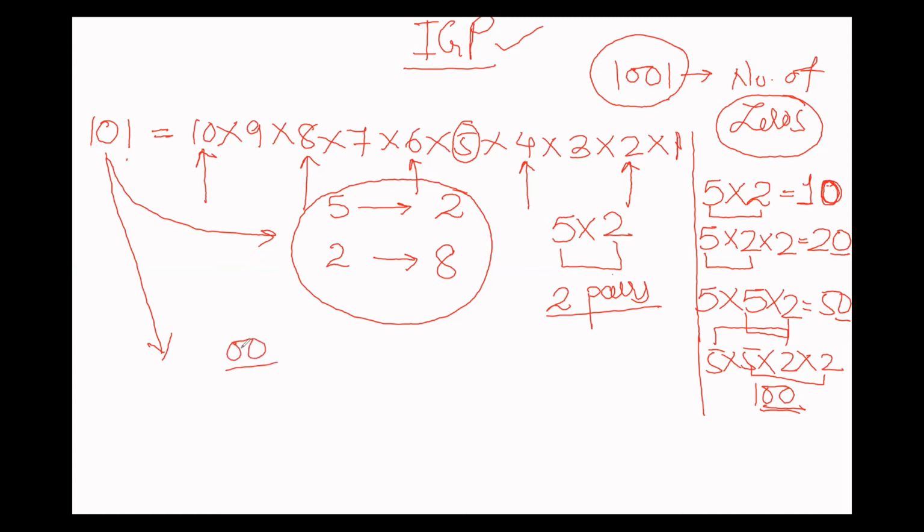I hope you are very much clear with this. Now let's use this concept to find the number of zeros in 100 factorial. That was our original question. Okay, that's interesting, 100 factorial. To find the number of zeros, I should find the number of 5s in 100 factorial and the number of 2s in 100 factorial. Now the question arises, how fast can I find the number of 5s and the number of 2s?